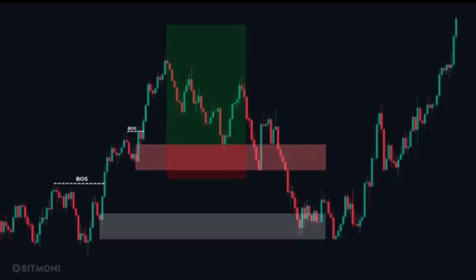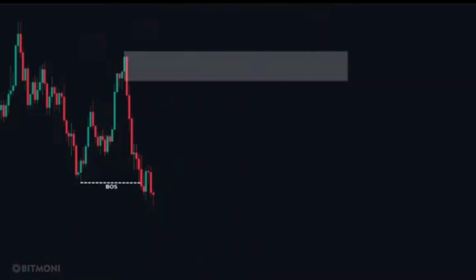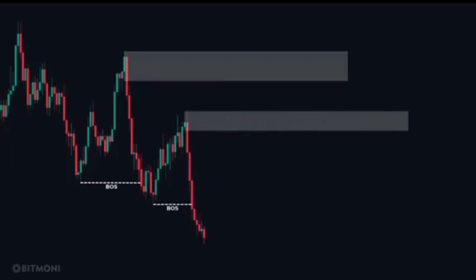Same thing applies to a bearish scenario. On this chart, we have this bearish break of structure here with our identified supply zone. So we should be waiting for price to return to our supply zone so we can look for selling opportunity. But instead of returning directly to our zone, price gave another break of structure to the downside, leaving behind another supply zone. Now, some retail traders will see this as a new point of interest and start entering sell positions